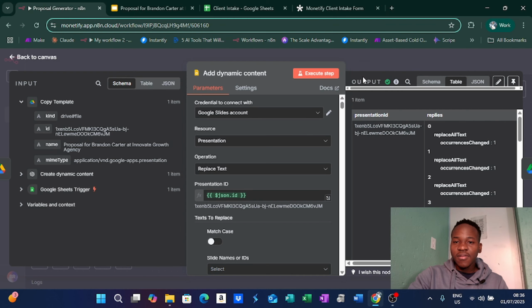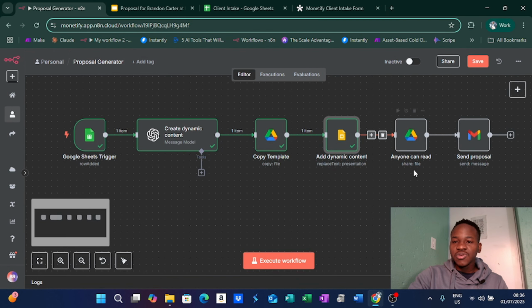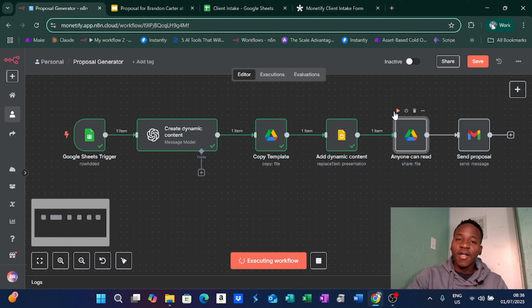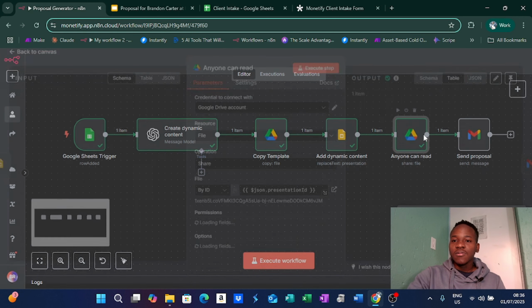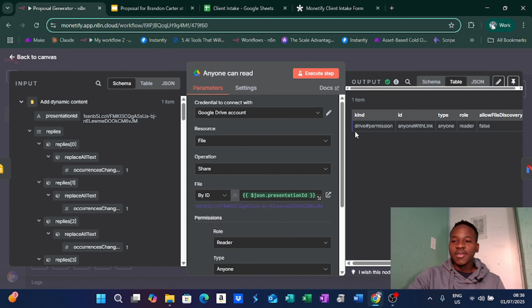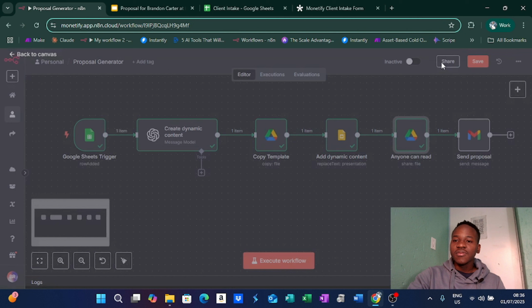Yeah. And then another important step is to make sure that we set the permissions of the file so that everyone with the link can access it and read the file. Otherwise, when you share the file to your clients or prospects, they're going to need access. And sometimes sharing a file that nobody has access to is more of a liability because it seems more unprofessional. So now that we know it's the type anyone, role reader, everyone can now read,